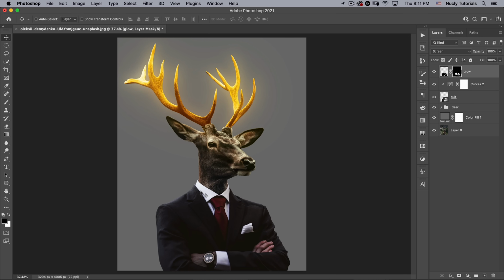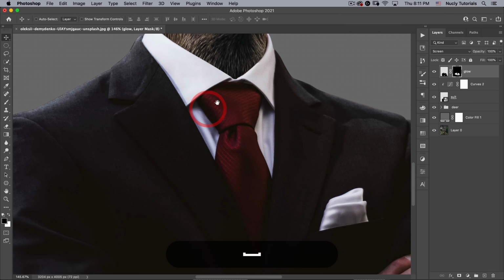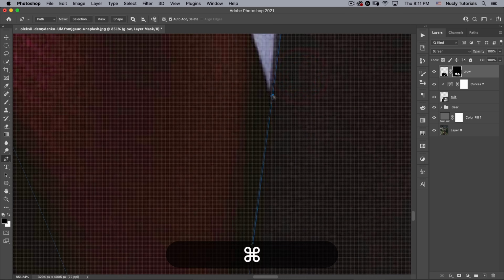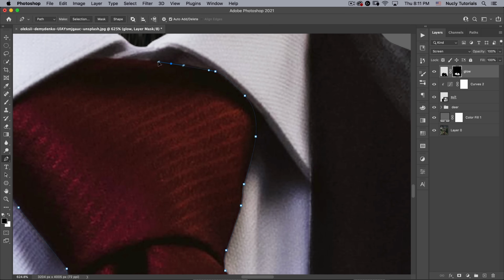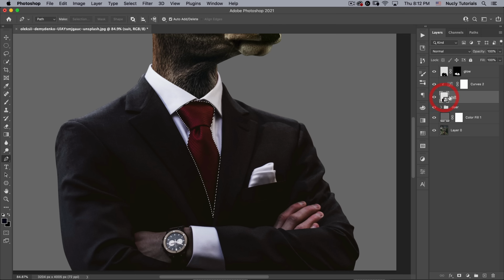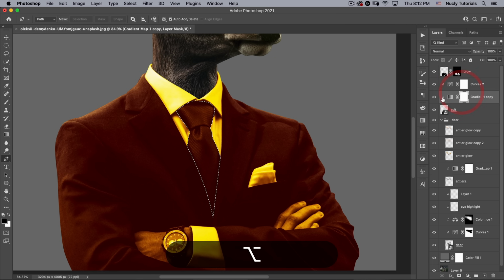Okay, next thing I want to do is make this tie match up with these. Now, pretty easy to do that because I already have a gradient map of those colors. So what I'm going to do is just select my pen tool and select out the tie. All right, so now I can right mouse click, make selection, and I want to go on the suit layer here, take my gradient map, just drag that there, and then delete this layer mask and then add a new